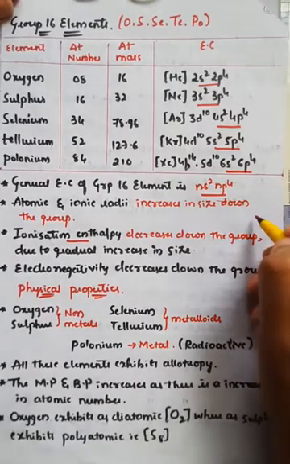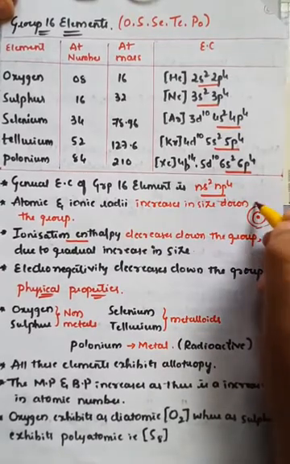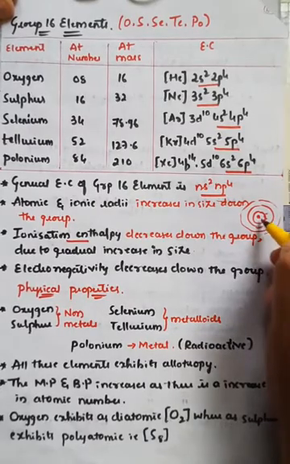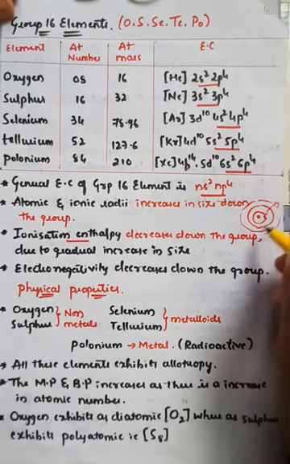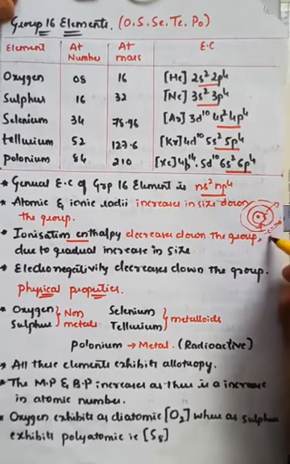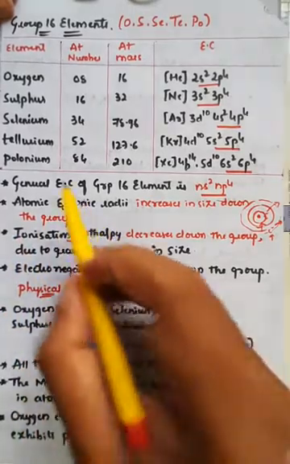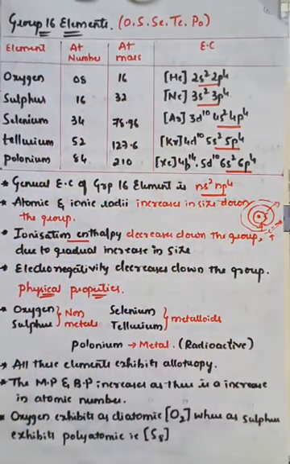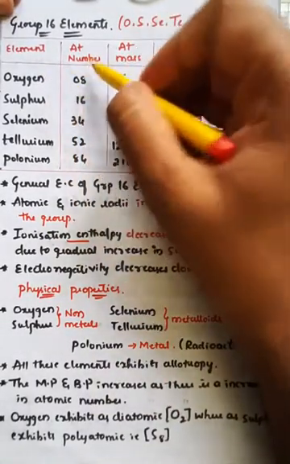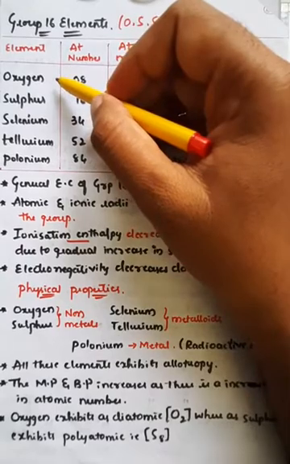As we see here, if you consider this is the nucleus and these are the orbitals, right? Where there is more probability of finding the electrons. So here if you take any electron, whenever it is close to the nucleus, to remove this electron you have to apply more force or more energy. Whenever it is far away from the nucleus, you can apply very little energy. So as the atomic and ionic radii increase, the ionization enthalpy also decreases from oxygen to polonium, which means in oxygen the electron will be nearest to the nucleus. Therefore, to remove the electron from the oxygen atom, it requires more external energy.